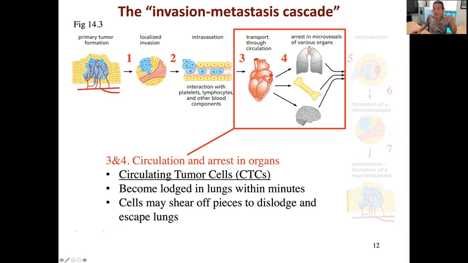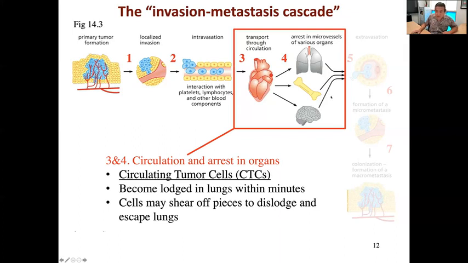But that's why many metastases do end up in the lungs, because the lungs are the first place that circulating tumor cells get pumped to by the heart, right? Because remember, the heart pumps the deoxygenated blood up to the lungs through our pulmonary veins and arteries, right? And before returning to the heart, and then the heart pumping that blood out to the rest of the body. So many cancer cells will just get stuck in the lungs. So that's why you oftentimes have metastases take place there, right?